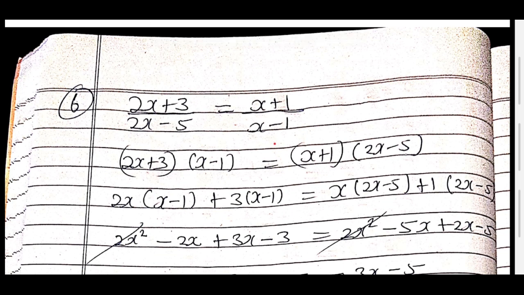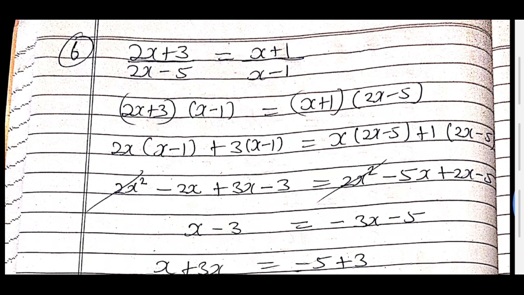First, cross multiply, this number multiplied by this, and this number multiplied by this. Now just multiply the 2x to the whole bracket first and the 3 to the whole bracket. So write here 2x, here whole bracket, 3 here whole bracket. Here same, write x whole bracket, write 1 whole bracket. It means that you have to multiply the whole bracket first by x and then second by 1.